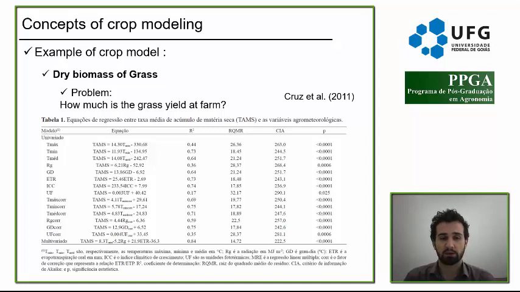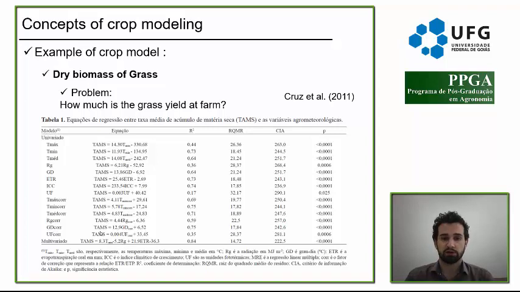For example, in this study, the question was how much is the grass yield at the farm, and they used different weather and some calculated variables. For example, air temperature, solar radiation, thermal time, crop evapotranspiration, and an equation here that includes different factors to estimate how much biomass will be produced by a specific grass in